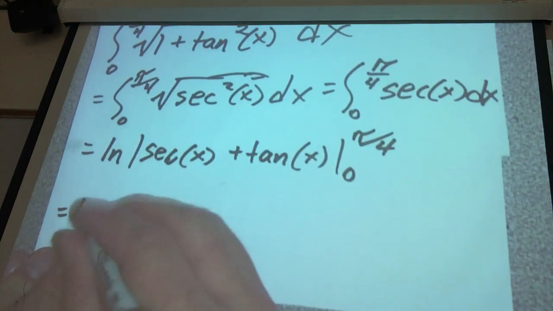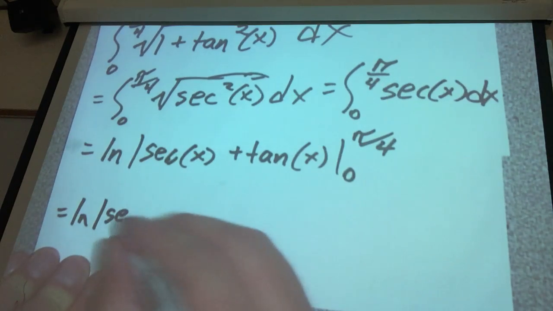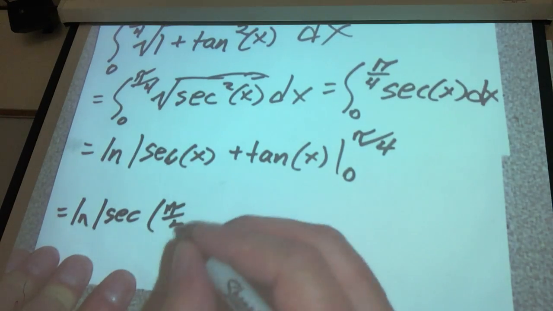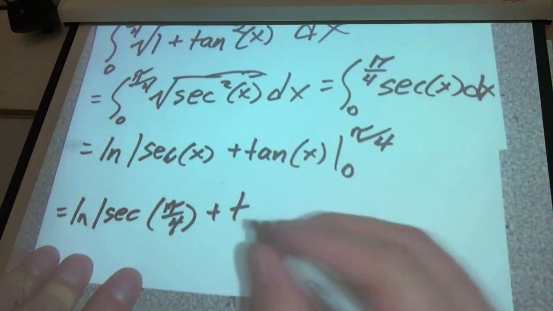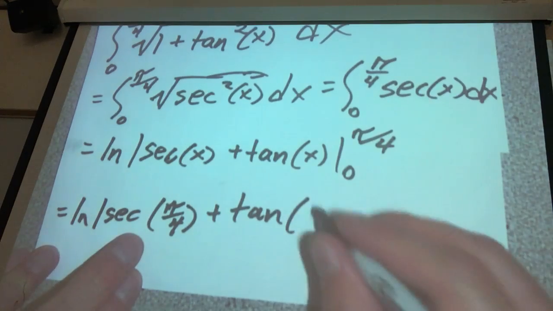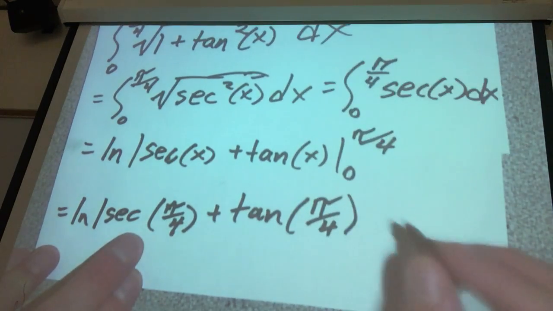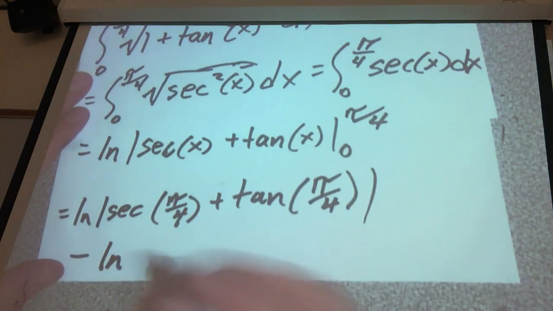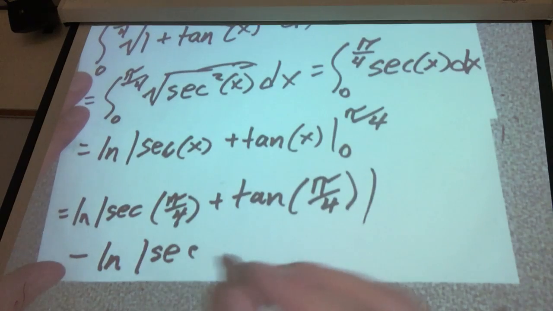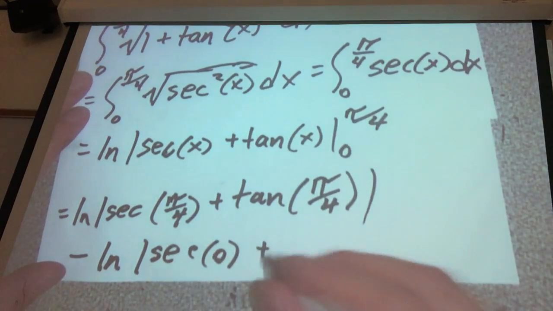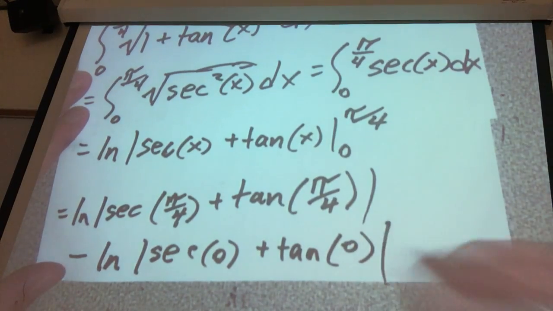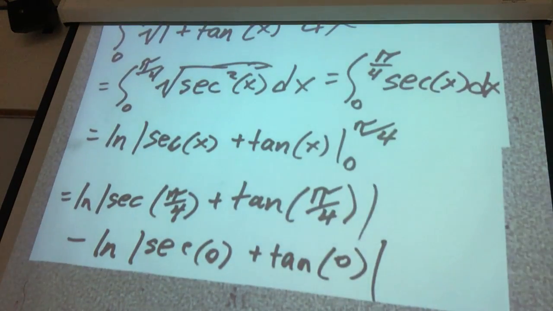So that's going to equal the natural log of secant of pi over 4 plus tangent of pi over 4, okay? And then minus the natural log of secant of 0 plus tangent of 0. Okay. Now, of course, this can be simplified down further, but if you just want to leave it like that,